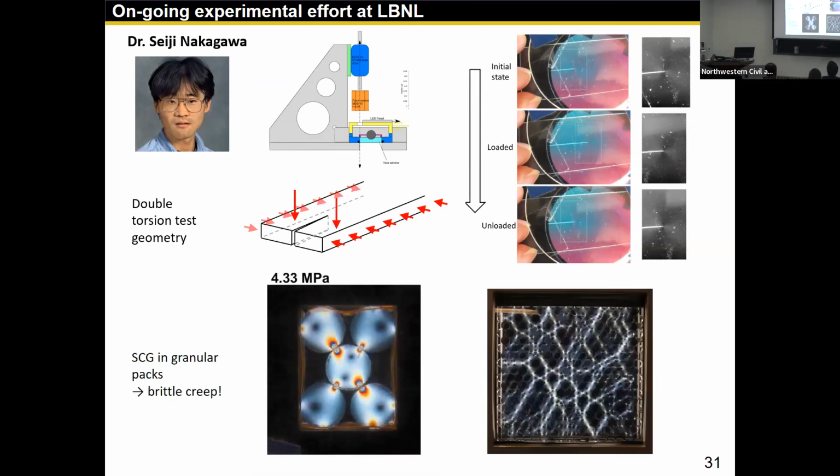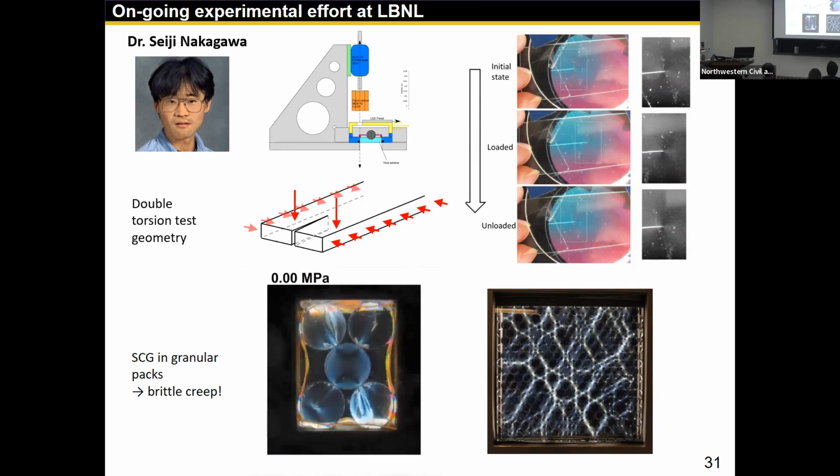On the other hand, he machined a lot of these glass discs and put in the polarized light. And you can see the stress concentration cause cracking because these are real glass. These are not rubber. And you can control the humidity by a water drop here. Again, very preliminary data, but you can load it or hold constant to see crack propagation in time. That's the real STG. And you can upscale this system to much bigger ones. You can see at the end, these are the cracks caused at the grain boundaries. So we study this in hope to explain the brittle creep observed in brittle rocks, which is of interest from a geophysics, geoscience point of view.